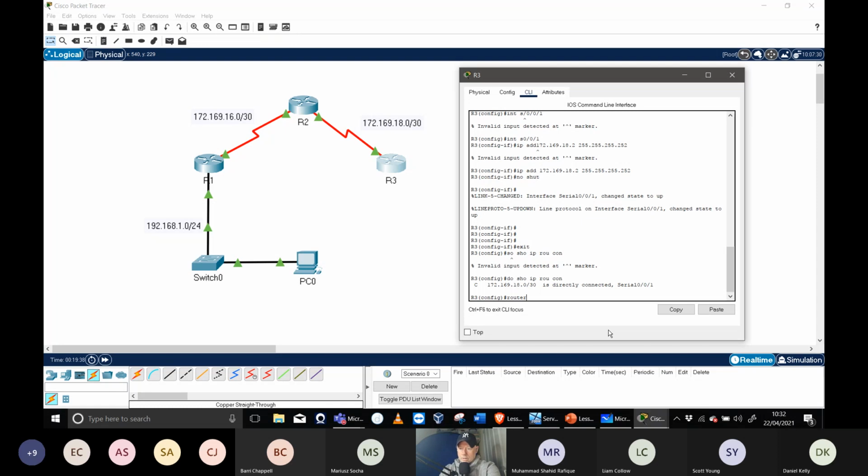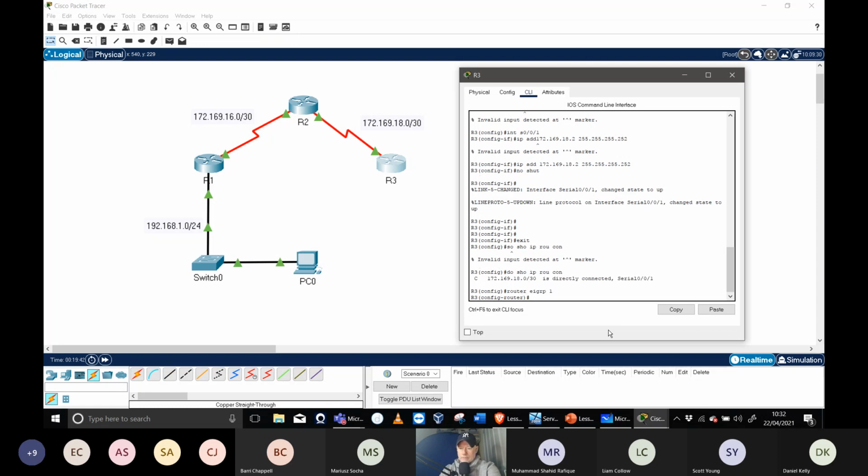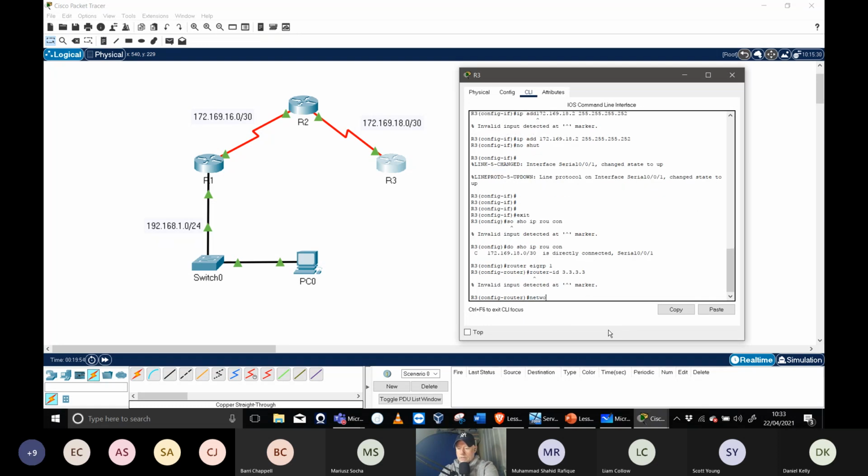Router EIGRP 1, enter. And then we can do the router ID, we know it doesn't work. We just like to do it just in case one day it might go, oh, look, it worked. Right, and then network. And the network is